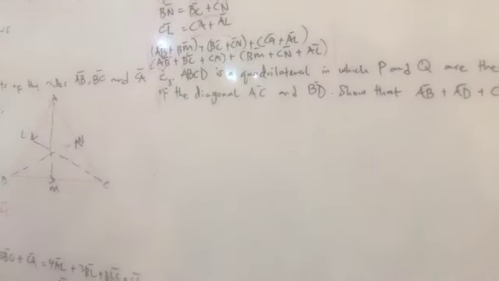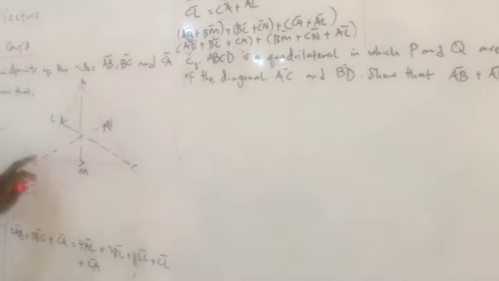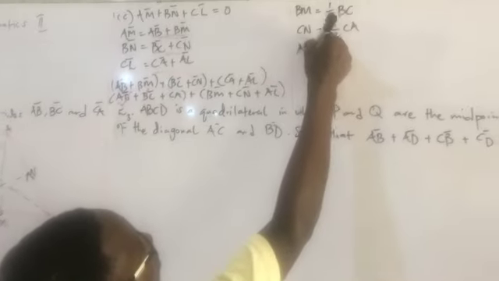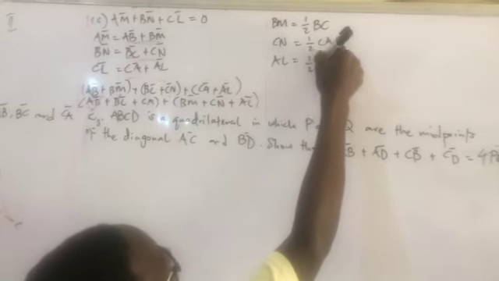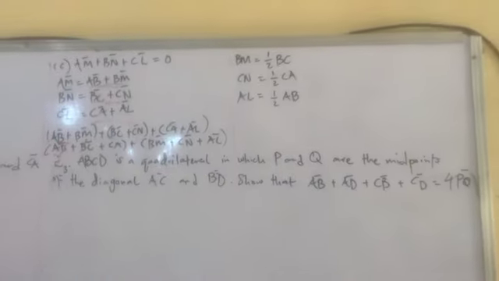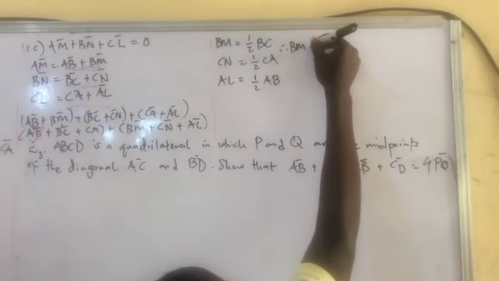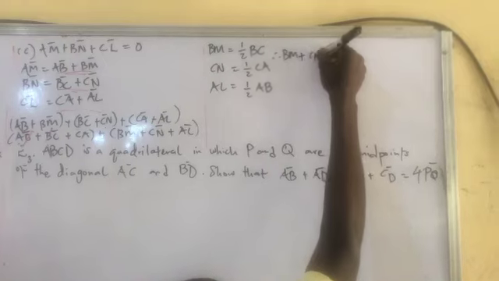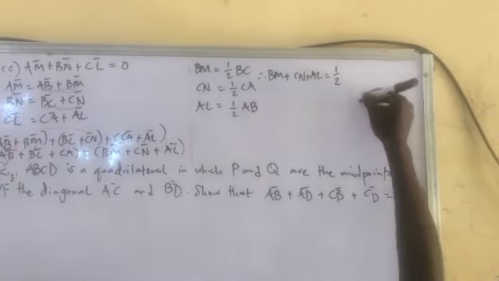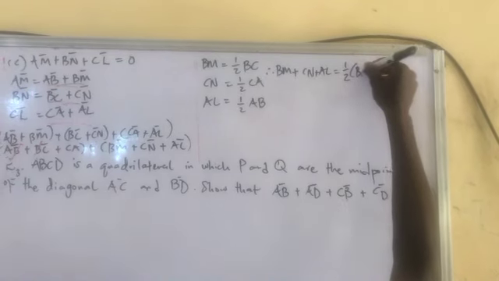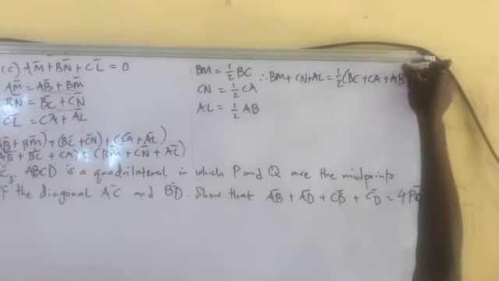Then the last one, which is AL. This AL, it is the half of AB. AL is the half of AB. So now we can combine them together. We have BM plus CN plus AL is equals to half of BC plus CA plus AB, which is also a closed